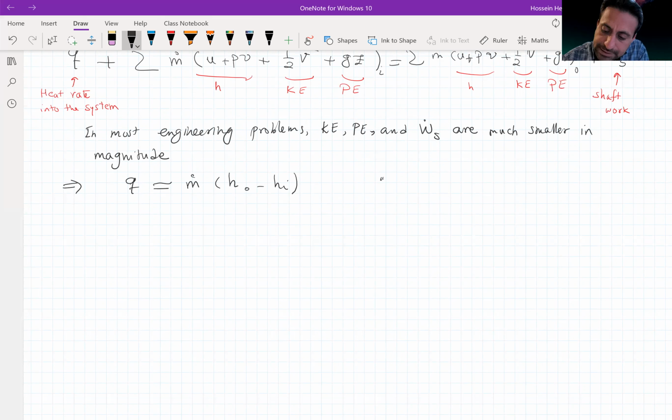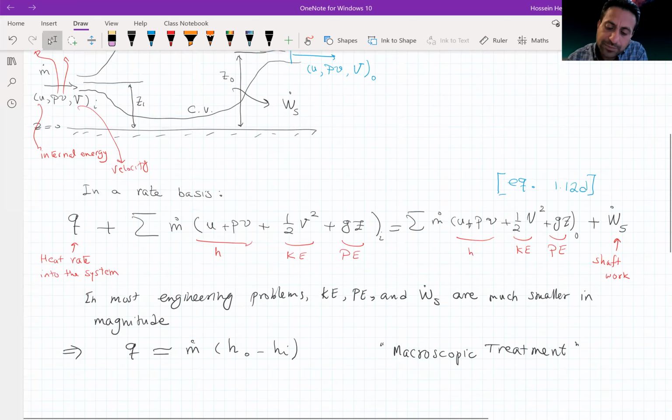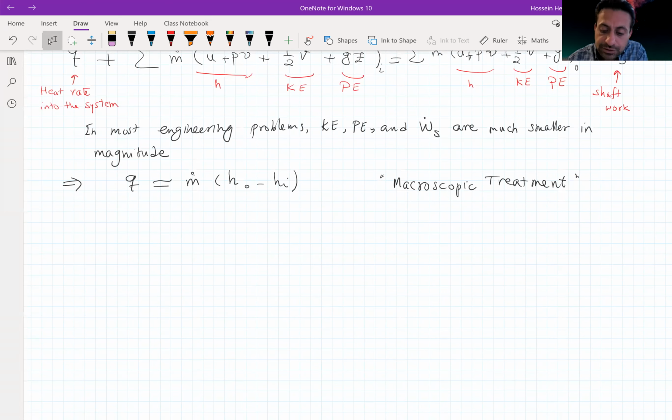And that's what we call macroscopic treatment. And what I mean by this macroscopic treatment is it doesn't give us much detail about what happens. It tells us about the change of the energy of this control volume from one state to another state, but doesn't give us much detail. Let me bring an example here. So as an example,